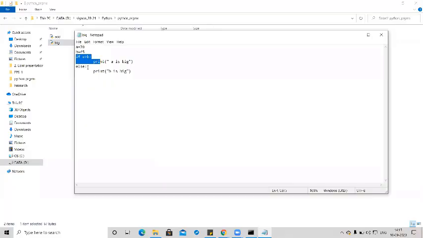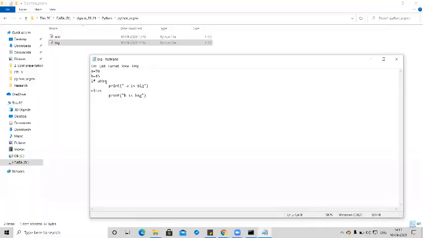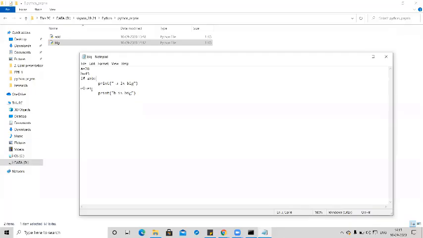At that time you will learn where to place these colons, how to write the structure, and how to give indentation. For simplicity I'm writing this only to show how to execute the script.